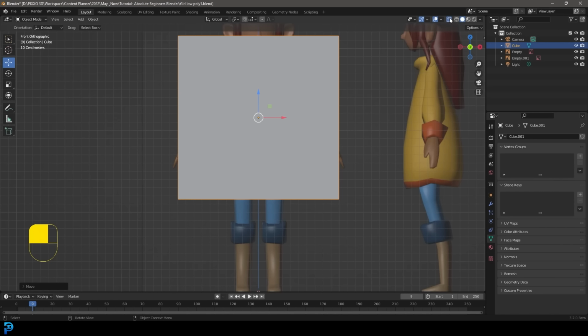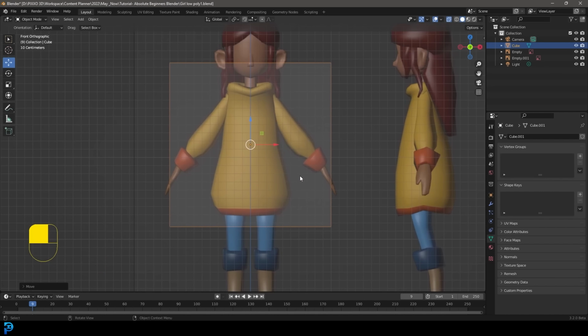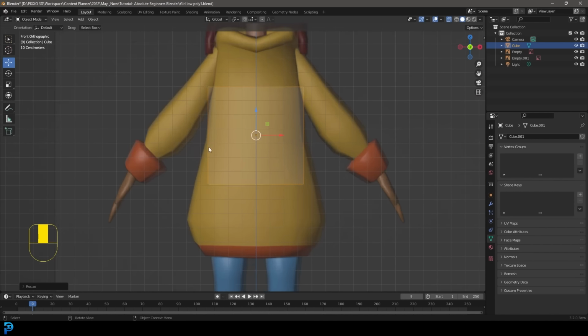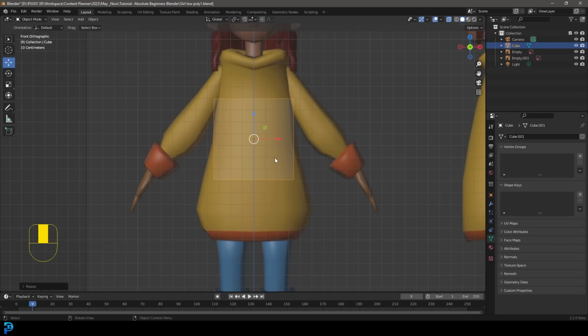In fact, I'm going to turn the X-ray on for now so I can see. And let's go S and scale this down to about here. So it's almost the width of the body like that. And as long as your cube is just roughly in the middle, it can be down a little bit or up, it doesn't really matter. But what you're going to do is press Tab to go into edit mode,